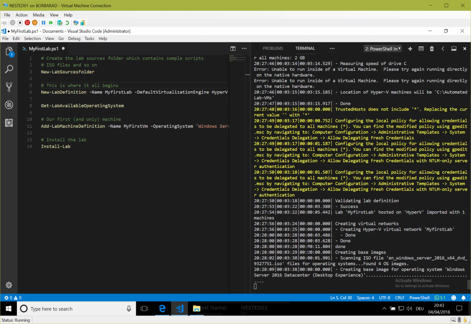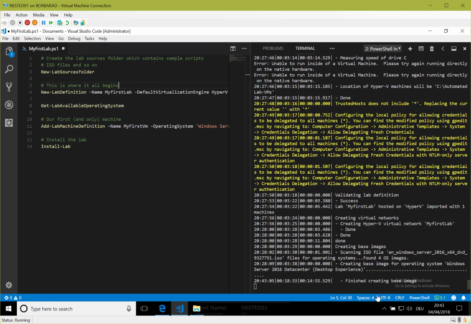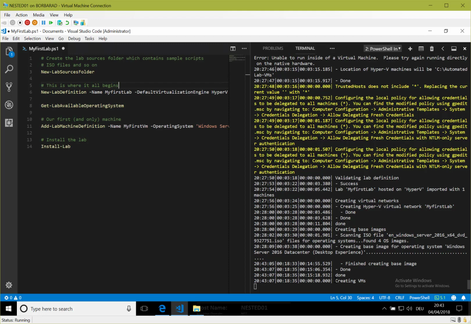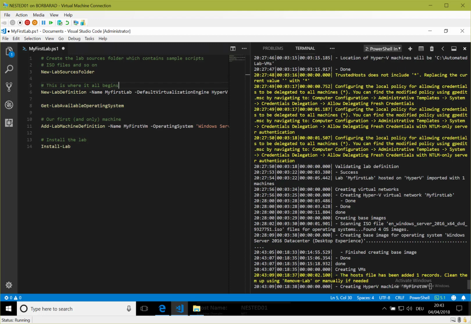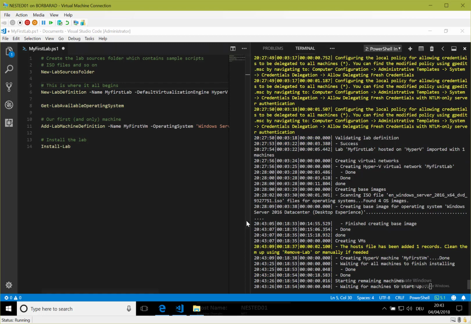So what happens now is that the VMs actually started, and once it is done and we can actually connect to the VM via WinRM, we assume that the lab is finished. This shouldn't take too long. And it's done.